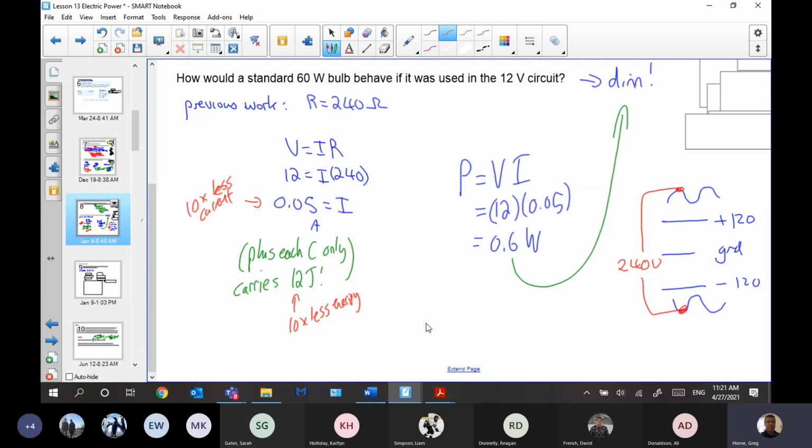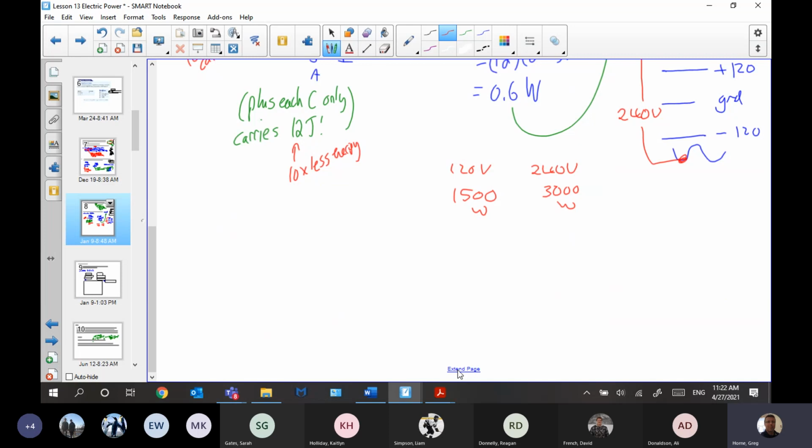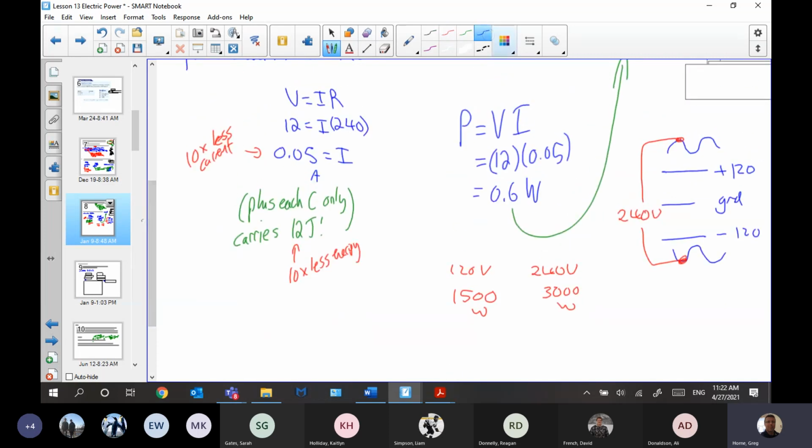Why? Is it obvious why it didn't work and how I should have known? When the side of the tank says, at 120 volts you're getting 1500 watts, and at 240 it's functioning as a 3000 watt, what's wrong with the math here? Why should I have known, even looking at that label, that that element wouldn't work properly? So what I'm hoping you're going to be able to tell me soon. In a class setting, I would probably have more patience waiting for an explanation here, but this would